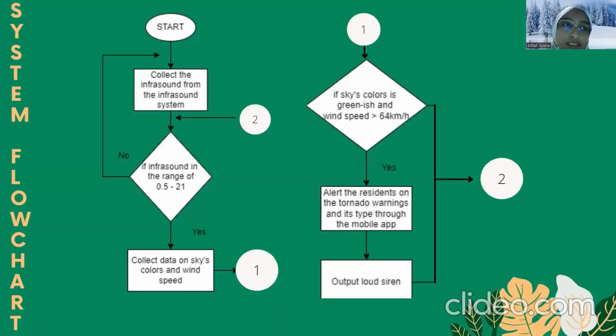Okay, so basically this is the overall system flowchart. We're going to start by collecting the infrasound from our custom infrasound system. And then if the infrasound falls within the range of 0.5 to 21 Hz, we are going to collect the data of the sky and wind. So like Farid has mentioned just now, one of the